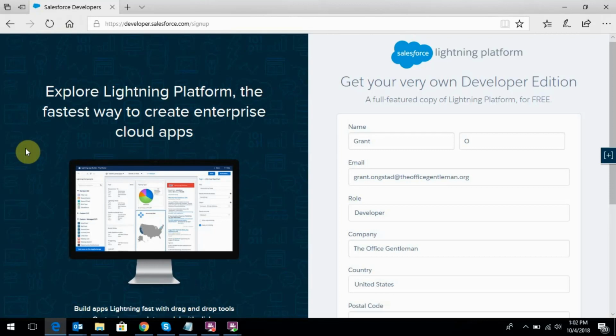So the first thing you'll want to do is register for a free developer sandbox. Even if you already have one, I recommend creating a new one for this course. This is your own sandbox to customize, build, and explore Salesforce. To do this, you're going to want to go to